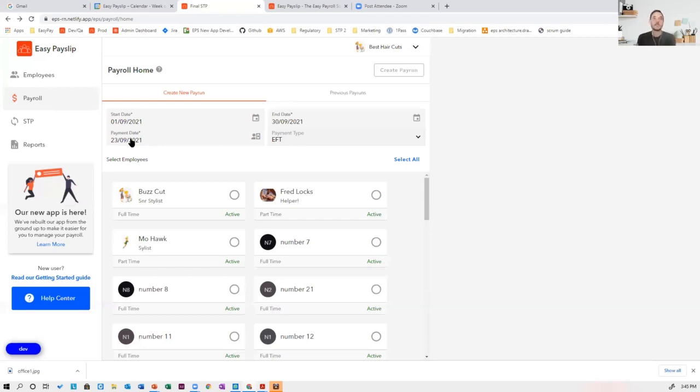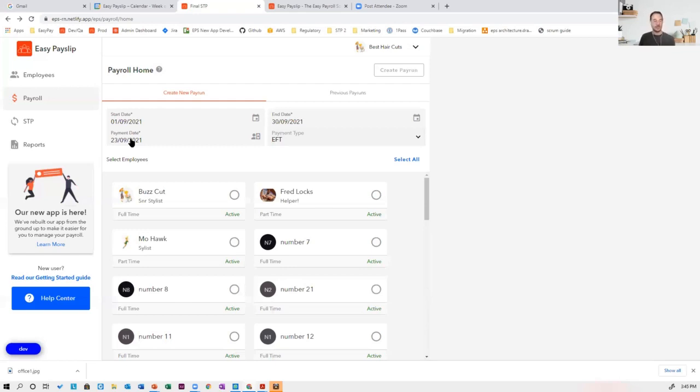So if you have, let's just say at the end of June, a pay period that goes over, it's partly in June, partly in July. You do not have to split it up and do 2 separate pay slips and 2 separate STP reports. You only do one, and you do it based on the payment date. So if the payment date is July, then that entire payment week or month, the entire pay slip falls into July. There is no need to split it up.